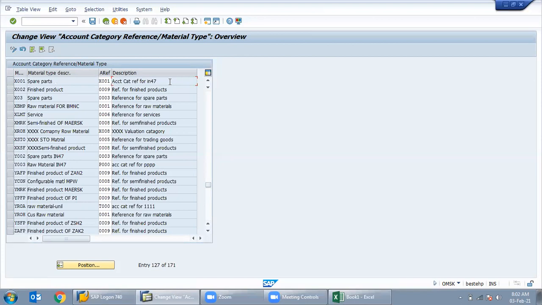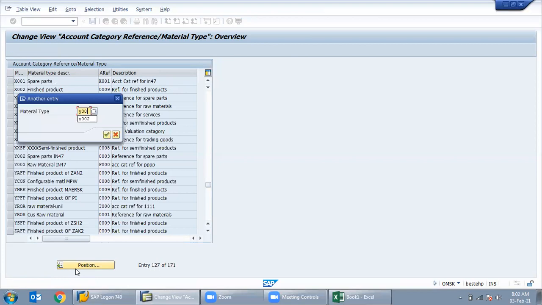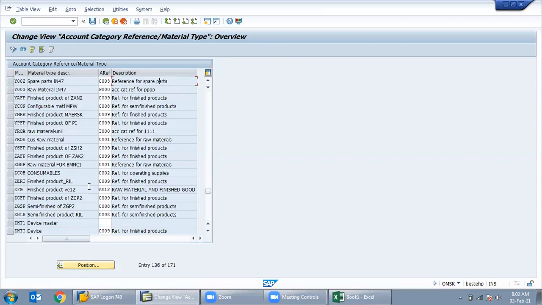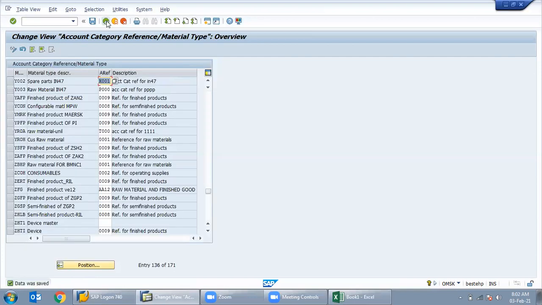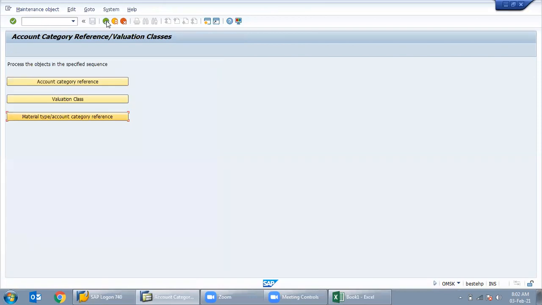That is our account reference category. One more code is there, that is Y002 that we have created. Here again 003. We can change it to X001. So this is our account reference category, which is mapped with the material type. Just save it. Now done. Valuation class is created for our company, for our plant.